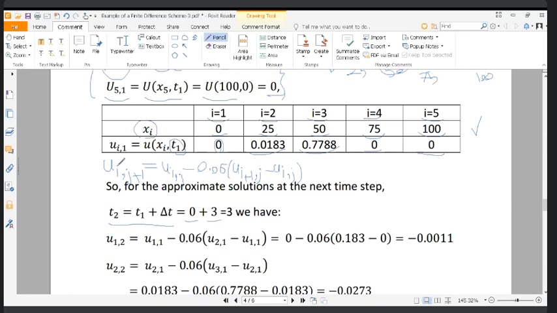You should put j equal to 1. Okay, when we put j is 1, we have u